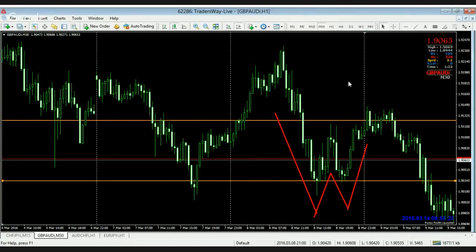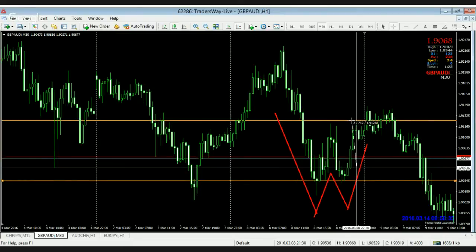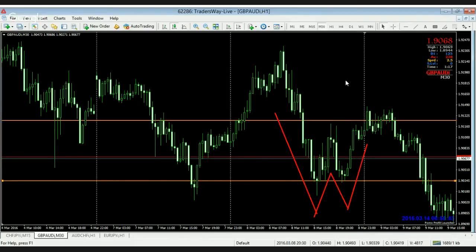Go to your second take profit. Take entry right here. Second take profit is this horizontal line right here. How many pips is that? That's 70 pips. Easy. Okay. Now, let me draw a